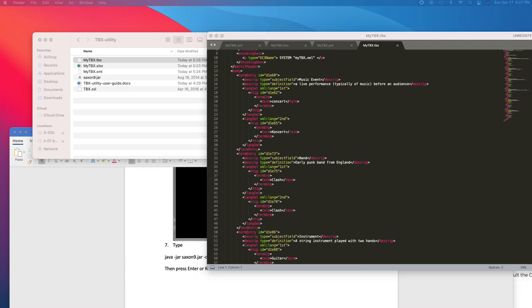If you have any questions or any concerns about these exercises, about Saxon, if your Java for some reason isn't working, or you just want to learn more about what's going on here, please feel free to get a hold of me, and I will be happy to help you understand this and to get you through any things that might be